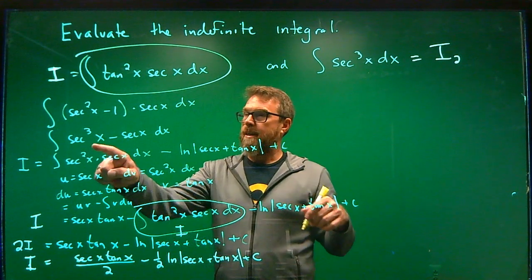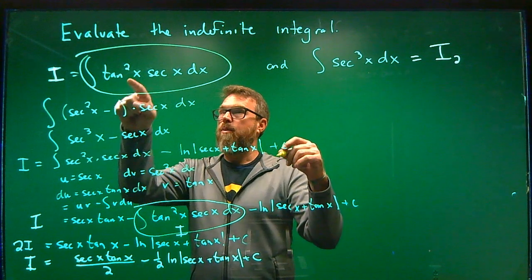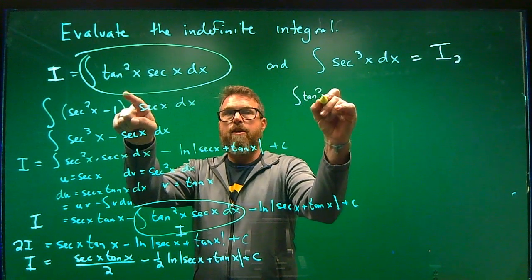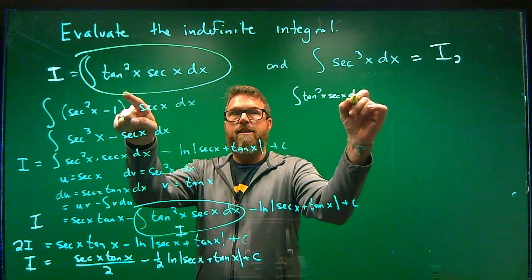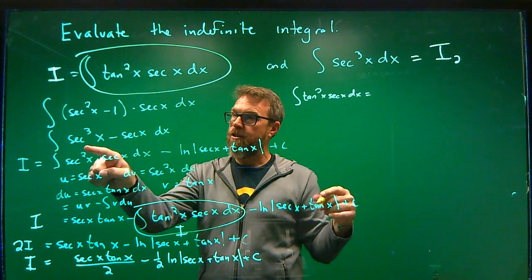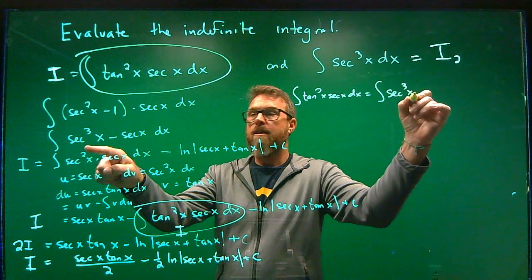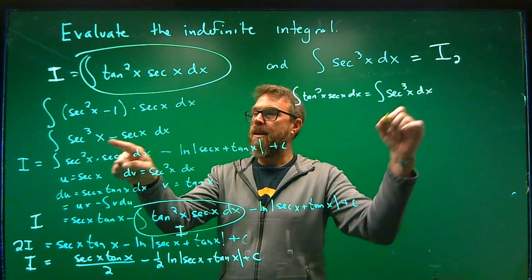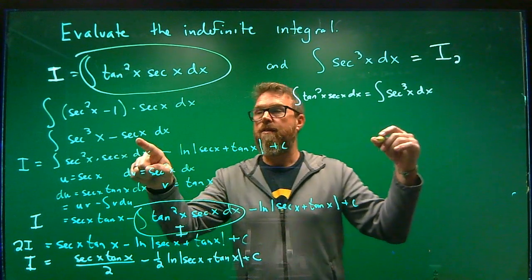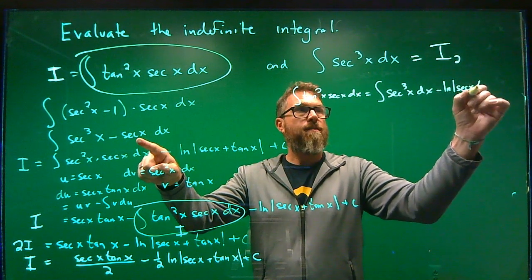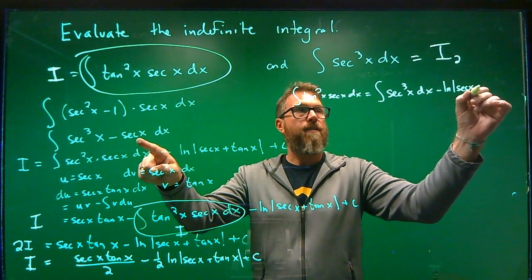So I can see it right here. Let's rewrite this: the integral of the tangent squared of x times the secant of x dx is equal to the integral of the secant cubed of x dx, and then minus the integral of the secant, which is going to be minus the natural log of the secant of x plus the tangent of x